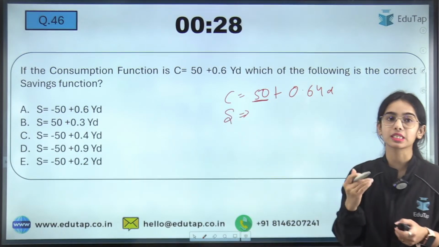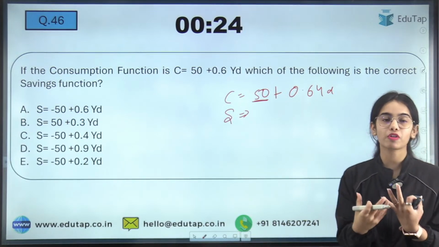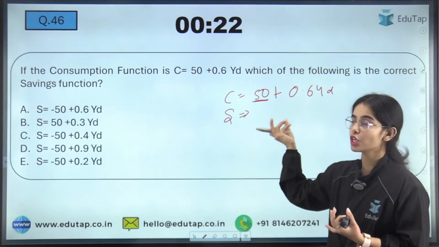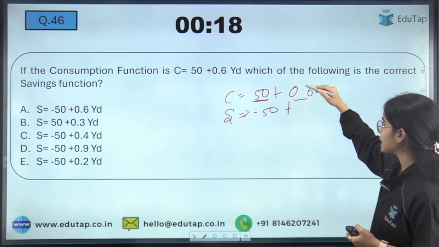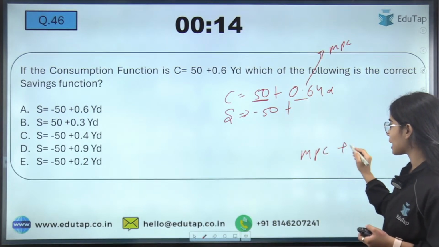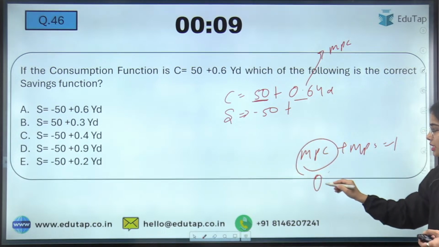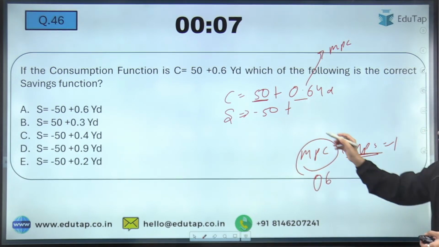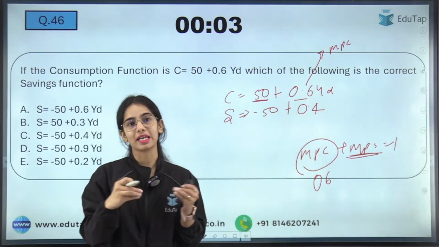So this is autonomous consumption. That means at the zero level of income, this is the consumption that is happening. So this is the dissaving, autonomous dissaving. If the MPC is 0.6, now MPC plus MPS is equal to 1. So that means if MPC is 0.6, the MPS will be 0.4, because MPS is equal to 1 minus MPC